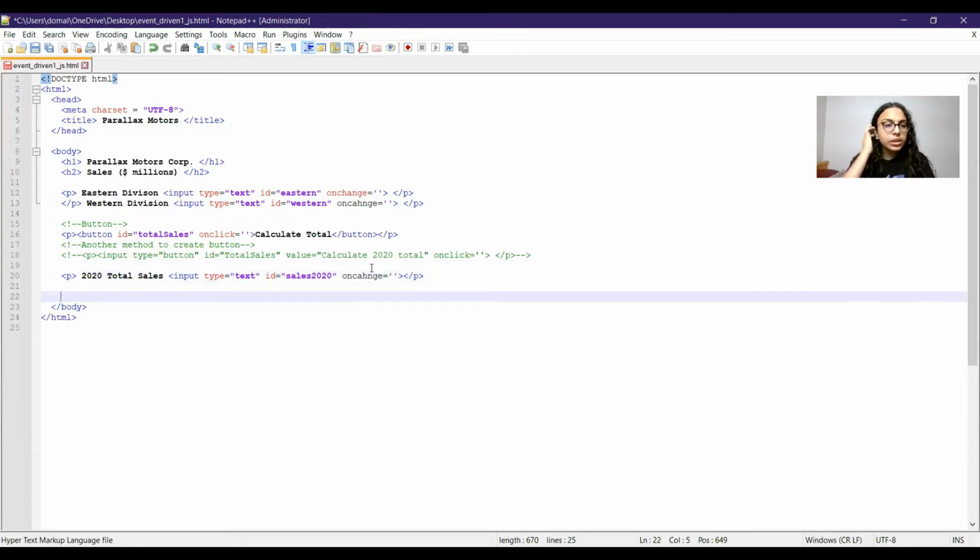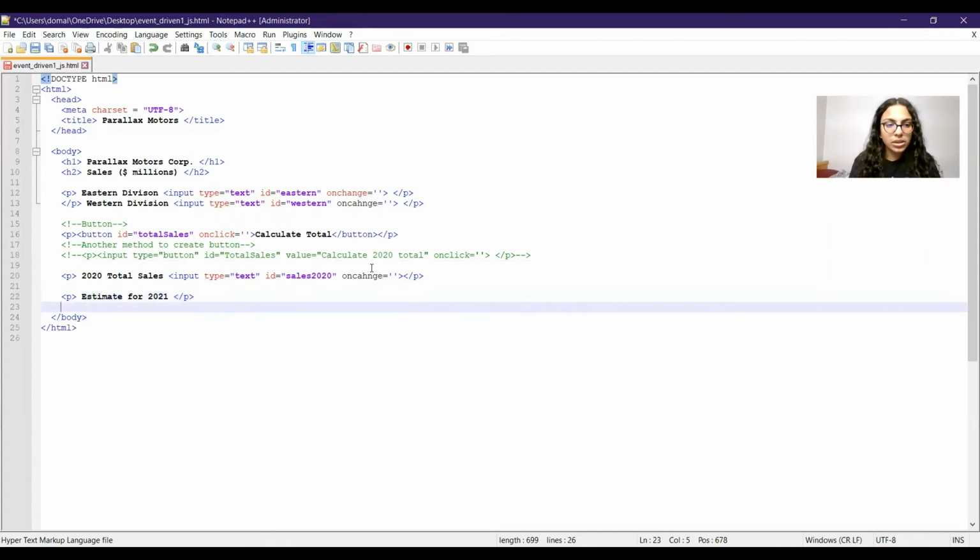Now the next is we need to estimate for the year 2021 also. So for that also we'll write, let me just write estimate for 2021. Now we need two radio buttons over here. So for the radio buttons, we'll have the input type as radio. So we can have an input tag where the type is radio, and we can give it a name estimate and an ID high. So one radio button is for the high and one is for the low.